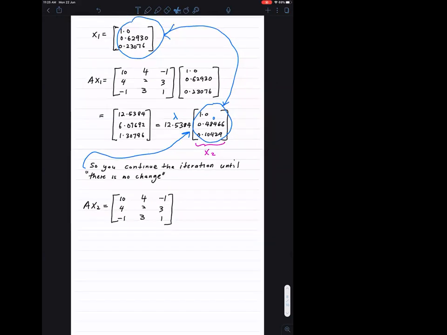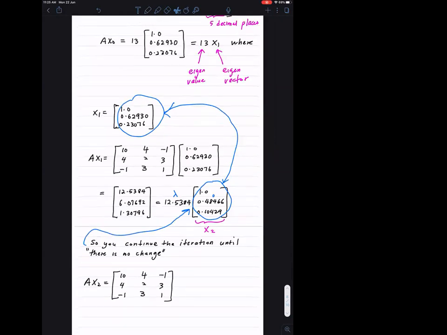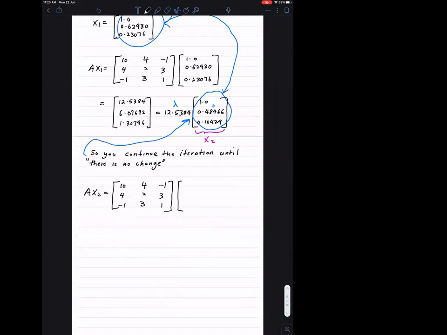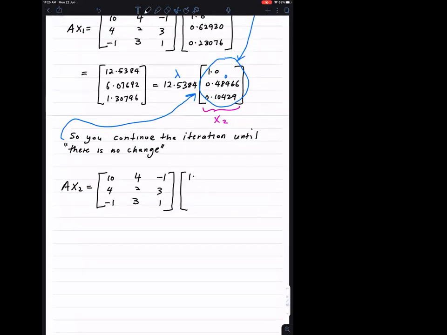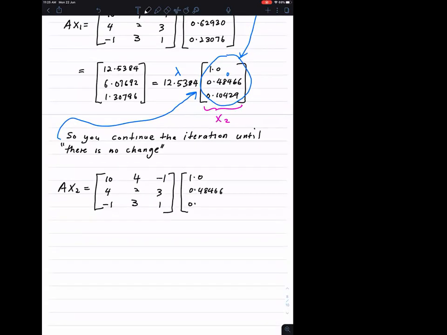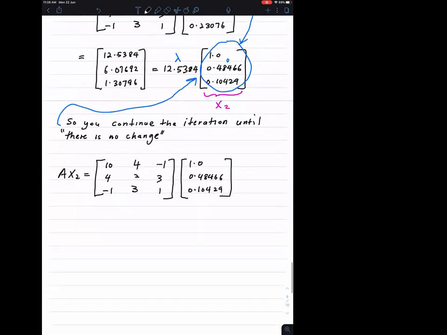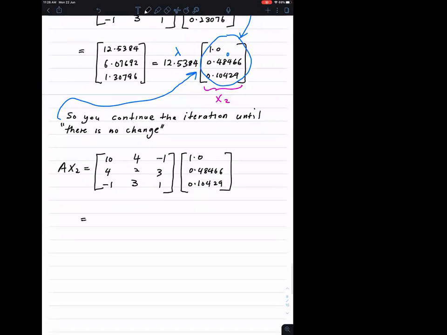X2, (1.0), 0.48466, 0.10429. Go ahead and multiply. 83436, 5.220, 0.55, 828, multiplied by, okay,